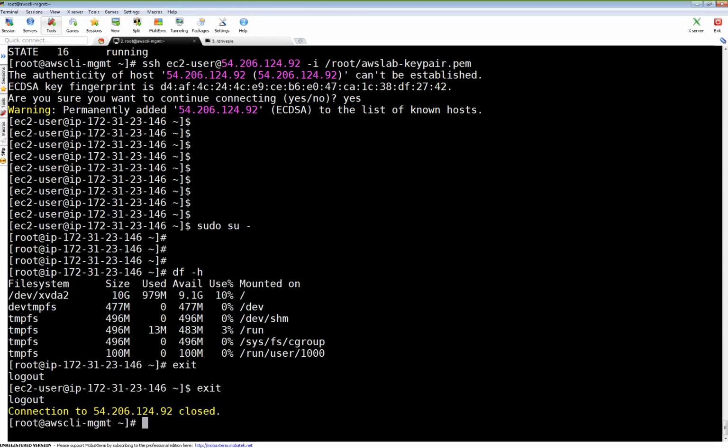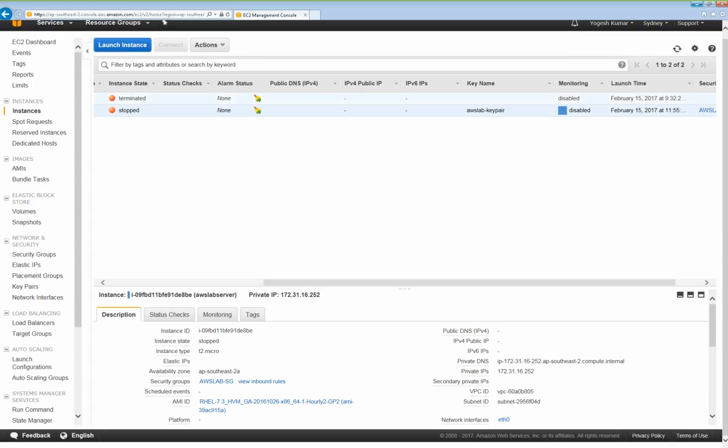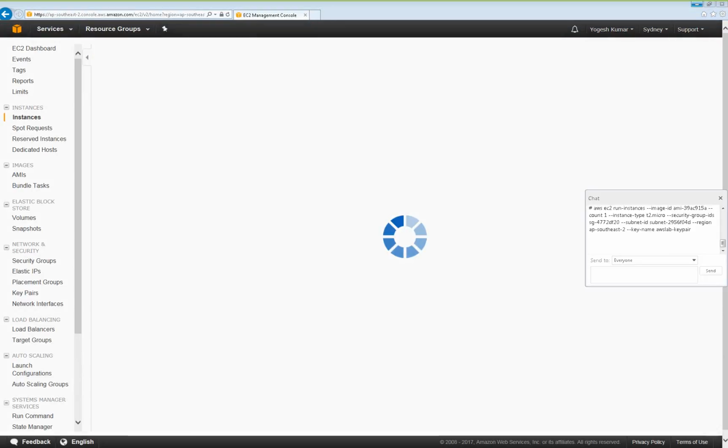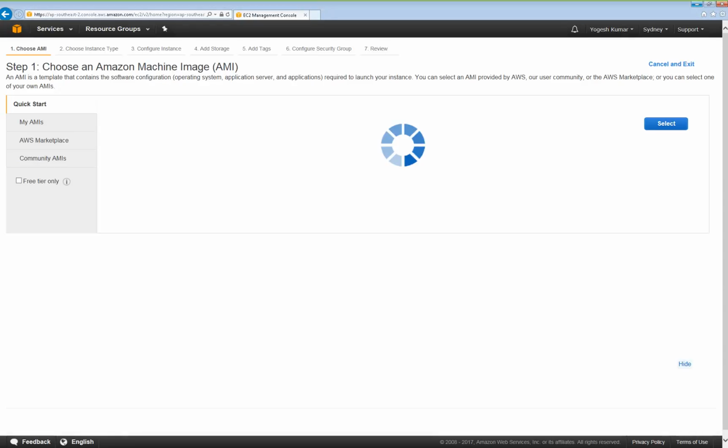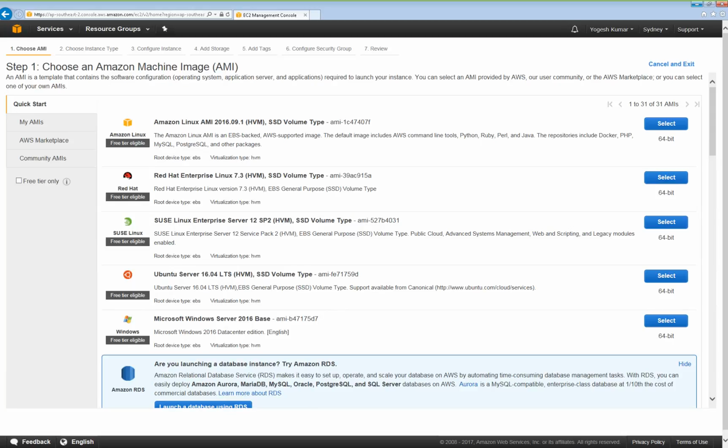No, no. So you are in doubt. Let me clear your doubt. On this console, if I click launch instances, if you see this information, this is Amazon Linux. The image ID is this one. If you see, this is the image ID. For Red Hat, this is the image ID. For SUSE Linux, this is the image ID. For Ubuntu,